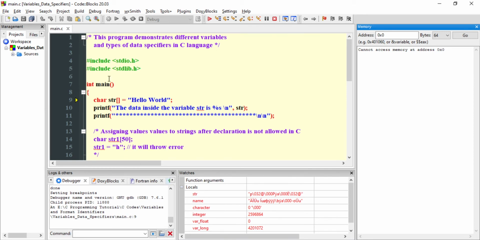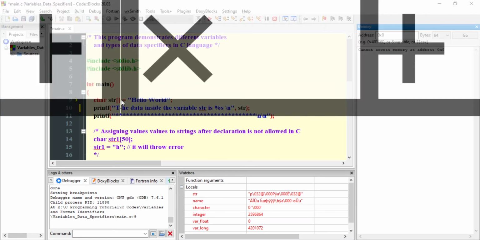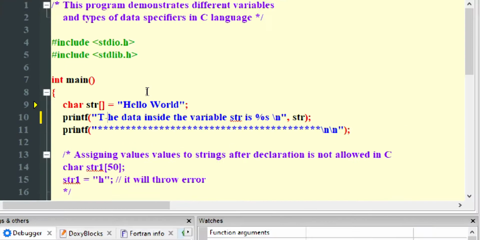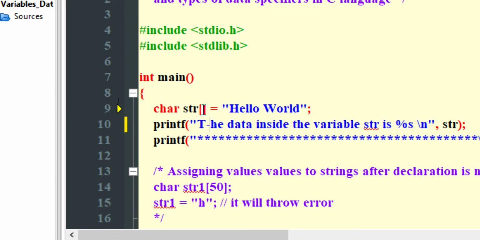First we have the main program. Inside that main function, we are declaring a character variable str for hello world, but it is an array because we have a square bracket with the variable. Here you can see the square bracket.